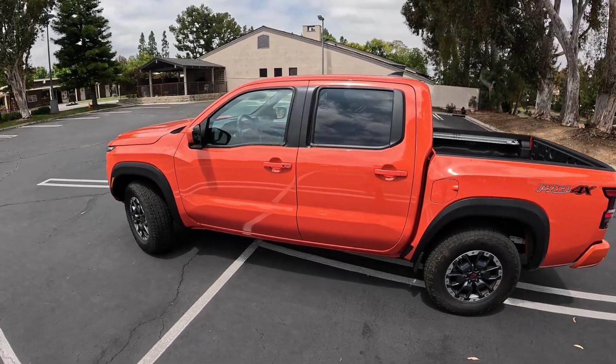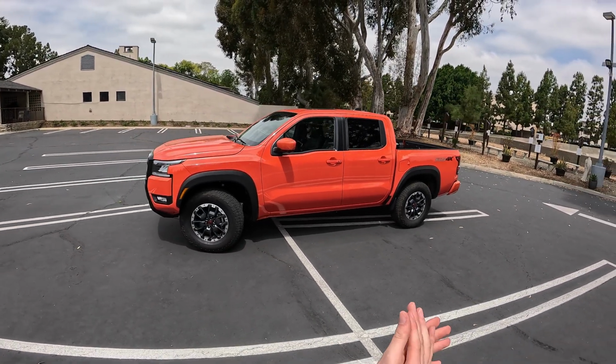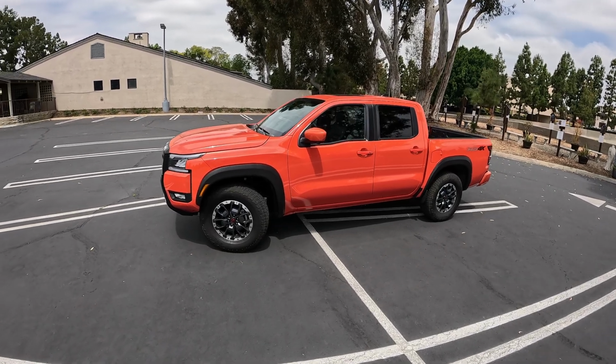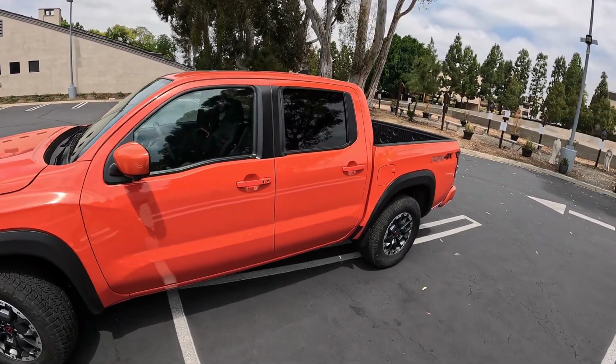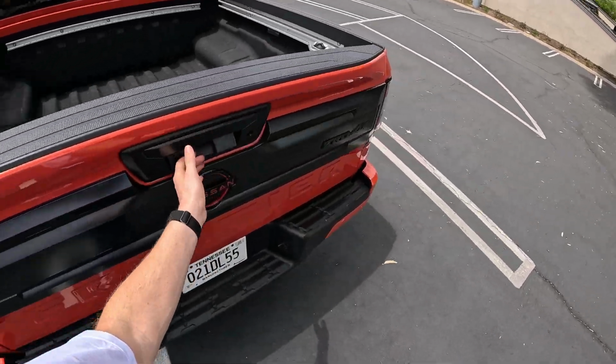Today we're going to take it on about an hour-long highway trip out to some off-roading in Riverside County, and then put it through its paces a little bit, come on back and talk about my pros and cons with the truck. Taking a little look around, if we drop the tailgate real fast, we see, well, first of